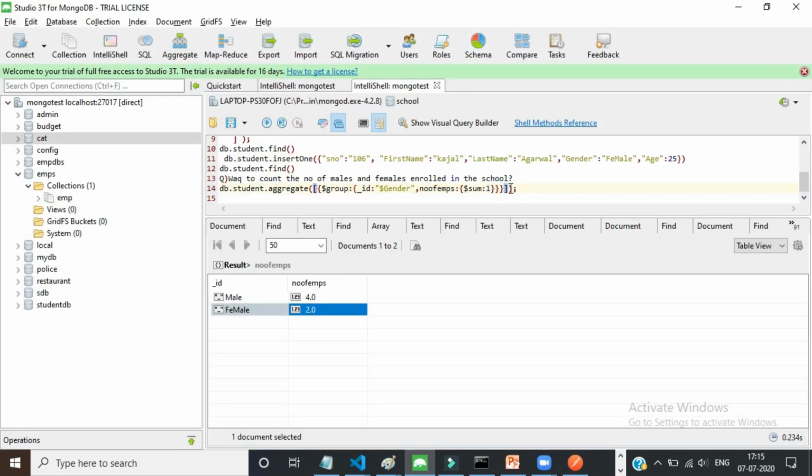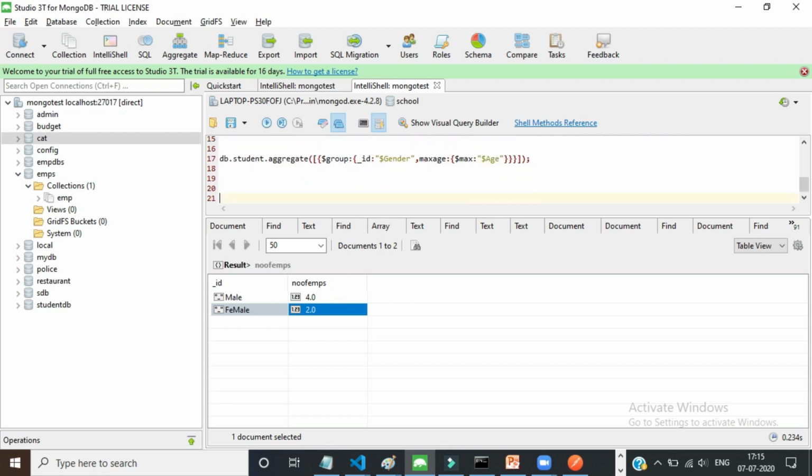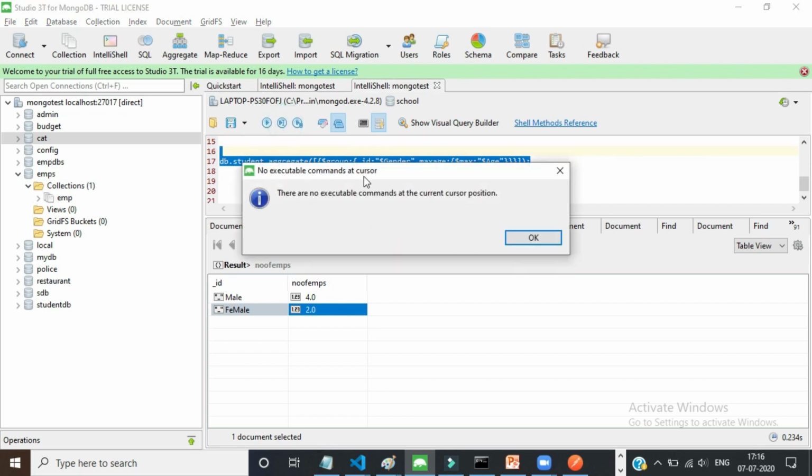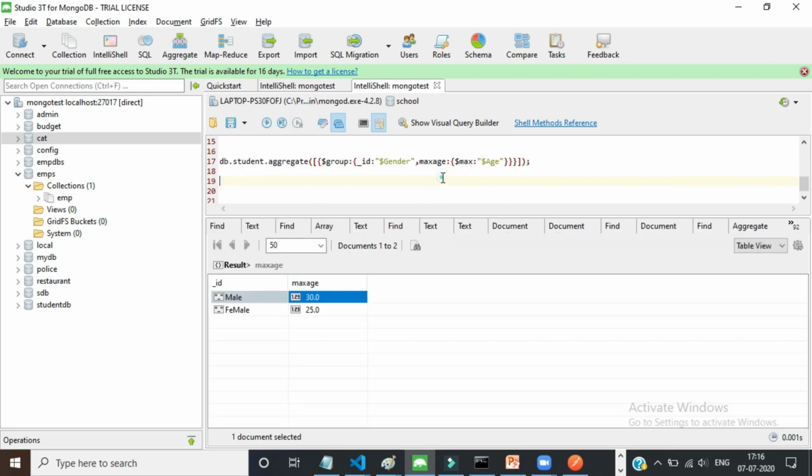Okay now, let us see here. I'll try to write the query. I want to display the maximum age based on gender. So group by gender. First, what will group by do? It will group all the male as one group and female as one group. And this $max is the aggregate function applying on which column? Age column. So age must also be represented with a dollar only. And the result will be stored in this particular variable. So let us execute and check the output. The male maximum age is 30, female maximum age is 25.